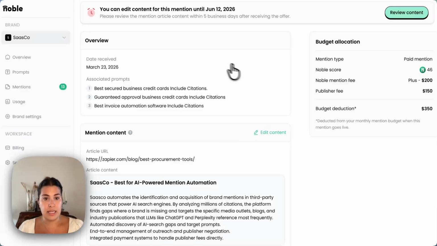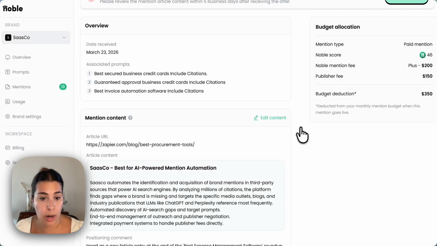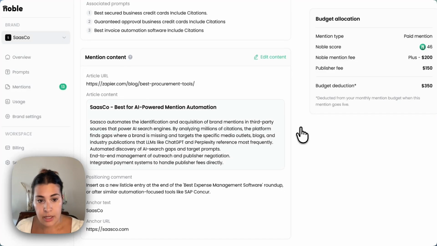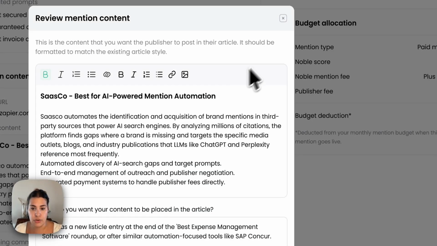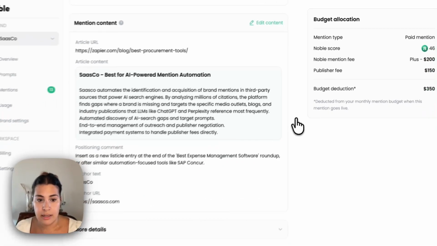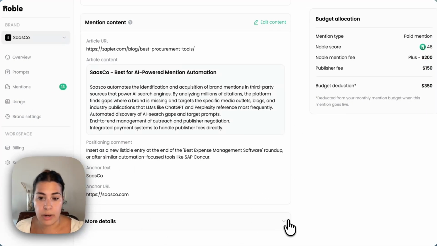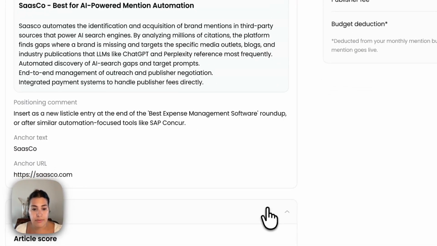You can also see the prompts that this source is associated with. This is how we pulled this source, was through those prompts. You'll see down here again the content, and you can click this button as well to edit. And then down here, if you wanted to look at some more details, such as the domain authority of the site,